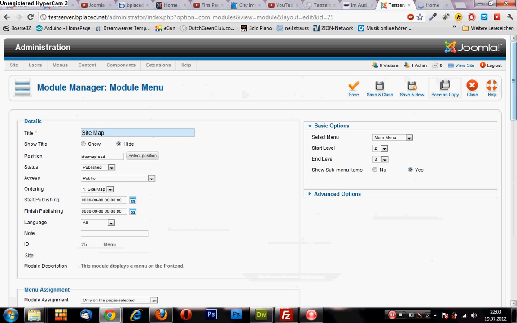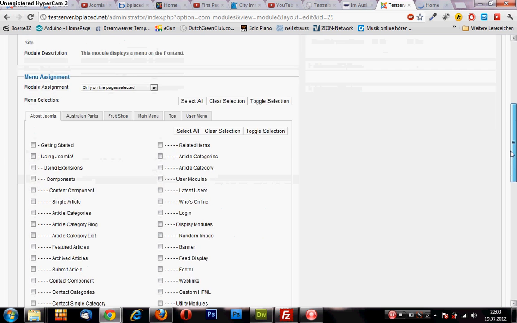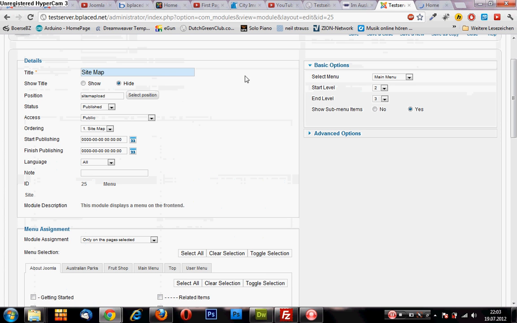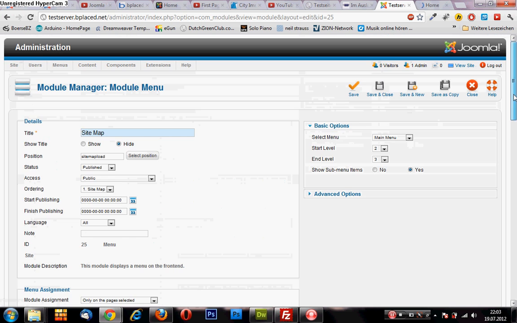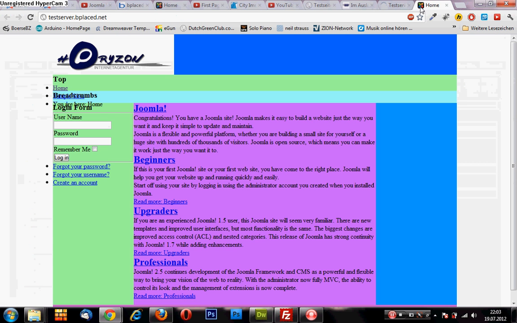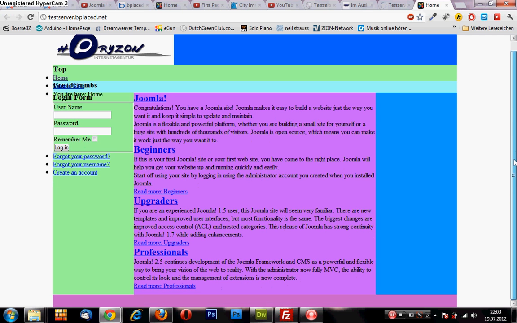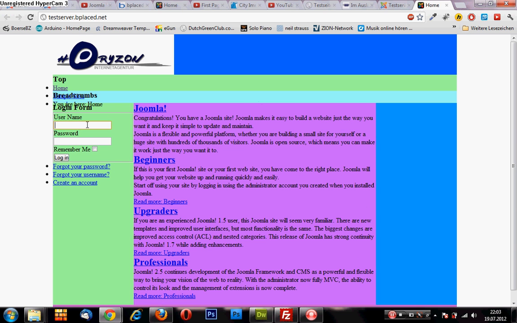Come on. Oh, sitemap. Yeah, this is position sitemap load. I don't know. Oh, here it is. Fine. Okay, everything worked perfectly. So this is our template. Okay, it works. Here we have our login panel,